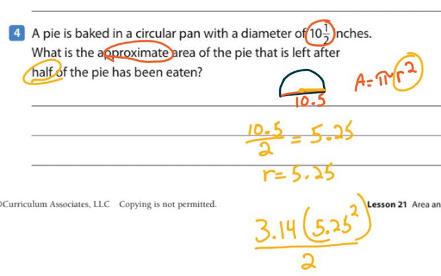Now, all I've got to do is take my calculator and start by squaring 5.25. So that would be 5.25 times 5.25, and that gives me 27.5625,